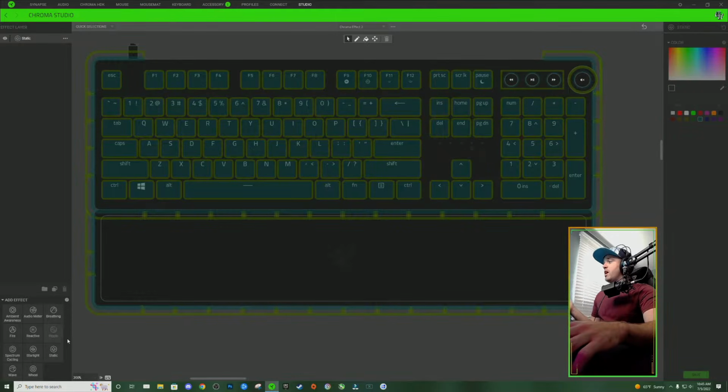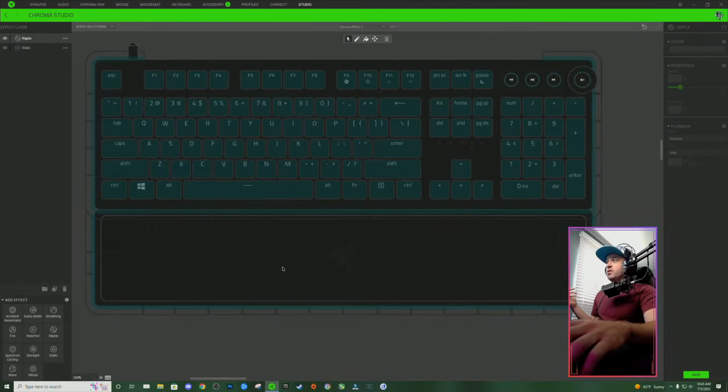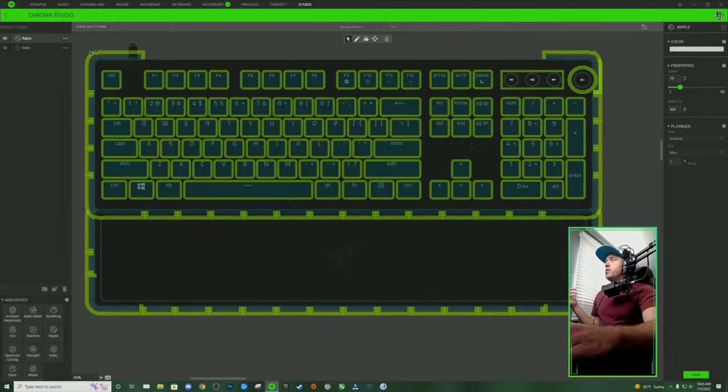We're just going to add a ripple effect, and we're going to select our keyboard just like we normally would. We're going to click on our color drop down, and this color gradient right here is what makes the difference between an area ripple and a regular ripple effect. Okay. So what we're going to choose is this 2 color pattern here, this red and